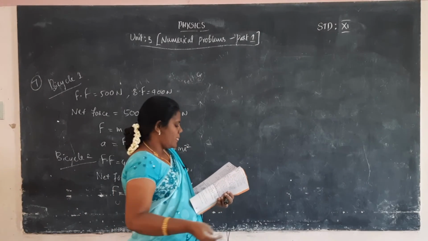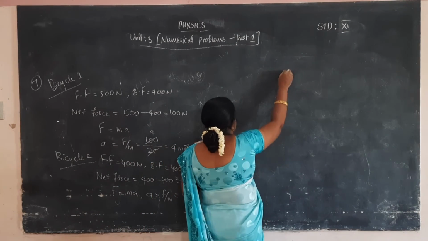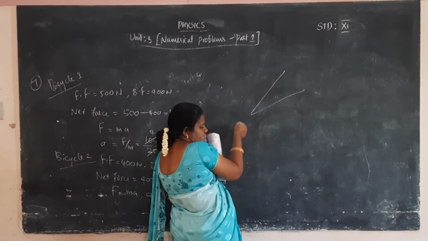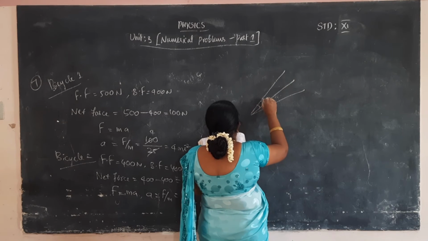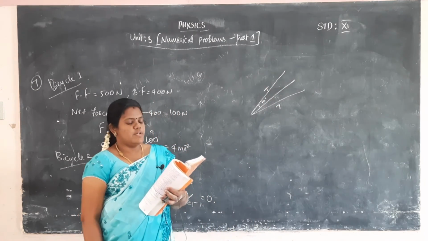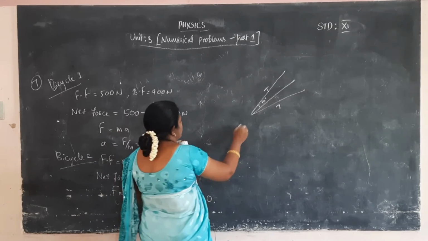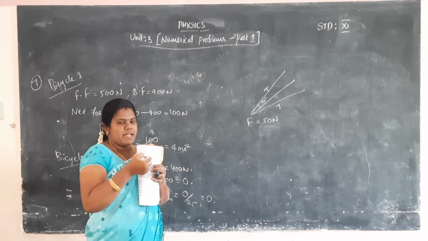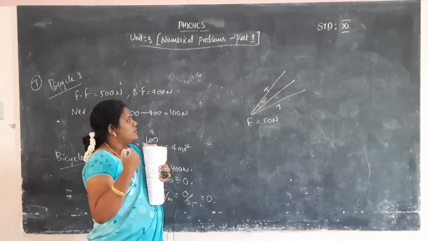First, the diagram is given. The diagram has the slingshot picture, where the person applies the force on one side of the string. The angle is 30 degree. The picture will be given, the angle is 30 degree, and tension will be applied on the two sides. So first we calculate the force given, that is 50 Newton. The force of 50 Newton is applied on the string of the slingshot, and the angle is 30 degree.